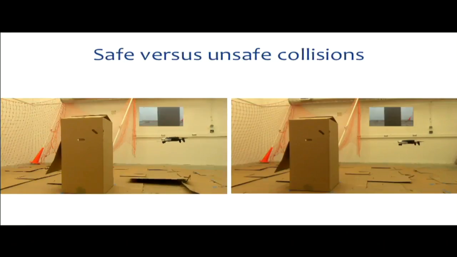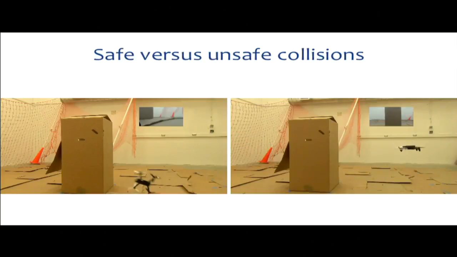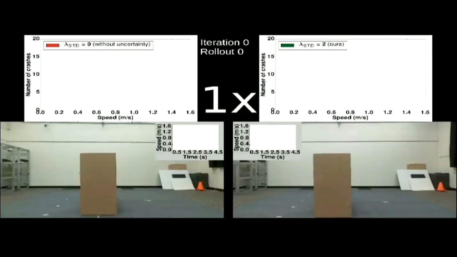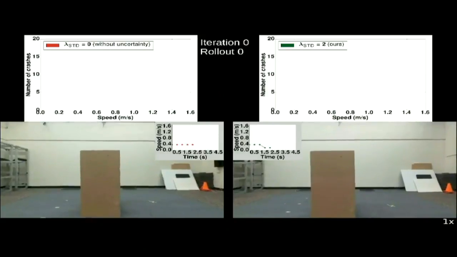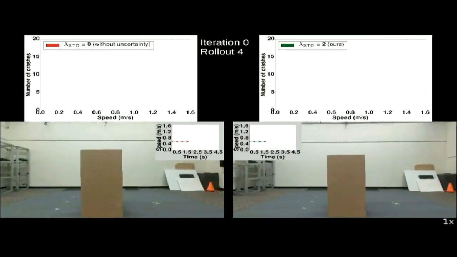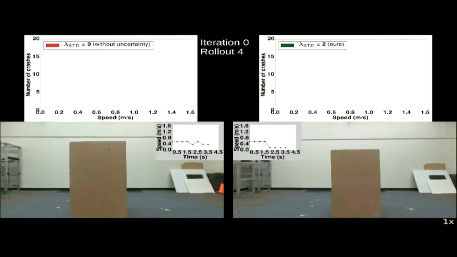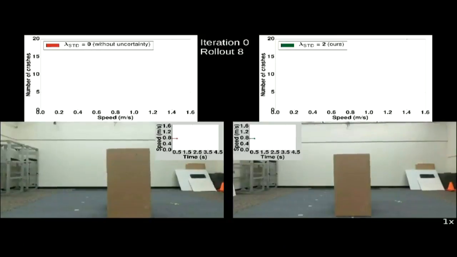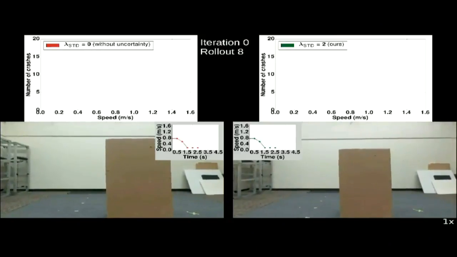And so on the left, you can see that if you collide at high speed, the quadrotor crashes and actually breaks and falls. Whereas if the quadrotor goes at a lower speed and collides, it's able to just bounce off and maintain its current position. Okay, so on the left is showing the method without uncertainty estimates, and on the right is showing the method that I described with uncertainty estimates.